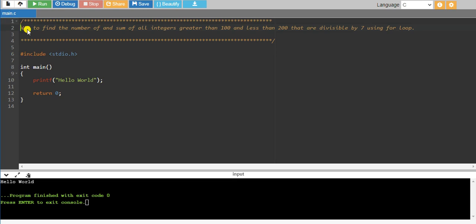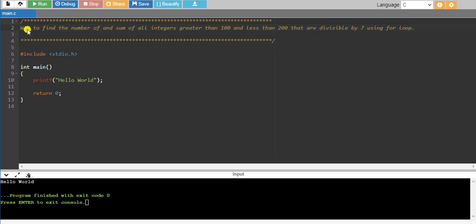We have to find all the numbers from 101 to 199, that is greater than 100 is nothing but from 101 and less than 200 is nothing but till 199, which are divisible by 7, and we have to add those numbers using for loop. This is our problem definition.